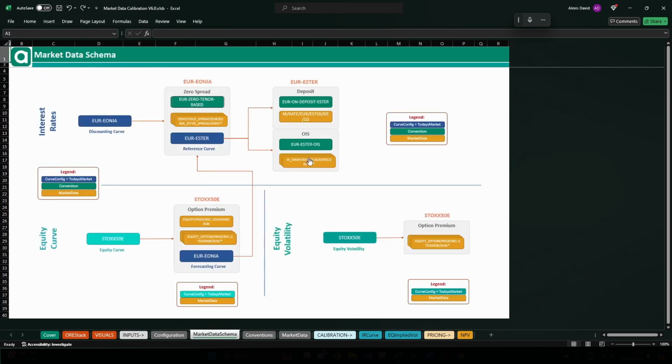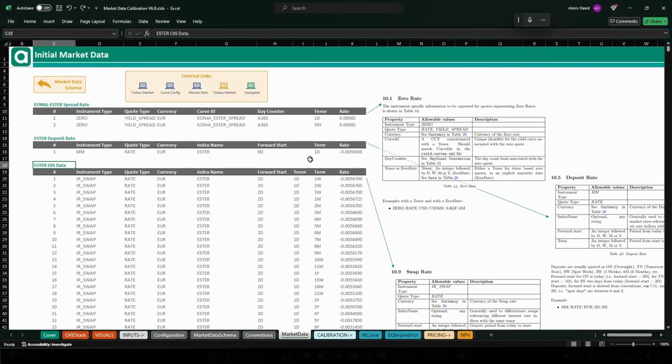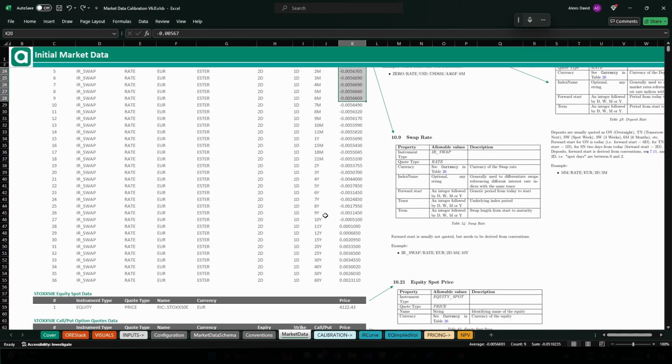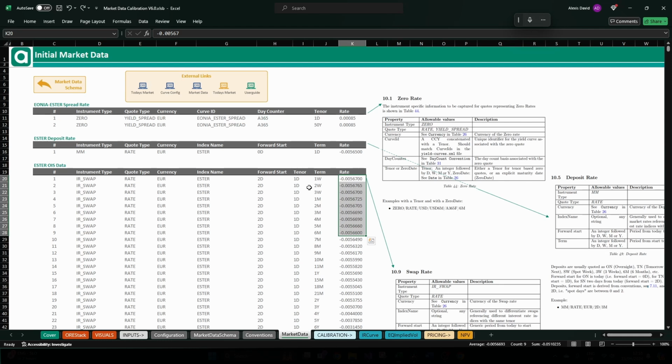The OIS segment, on the other hand, is composed of 36 OIS quotes. Those are swap rates. The only fields that we really need, in the Excel at least, are the instrument type, the term, and the rate. The tenor just here indicates that it is an overnight instrument, and the forward start, we don't even use it